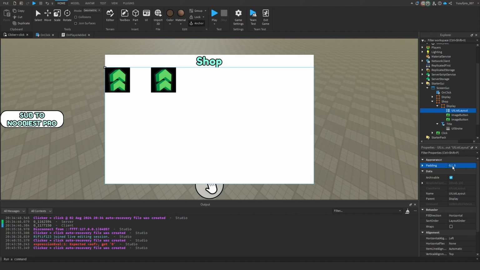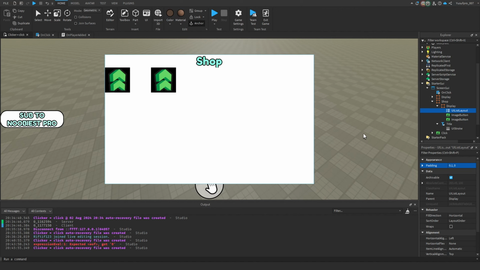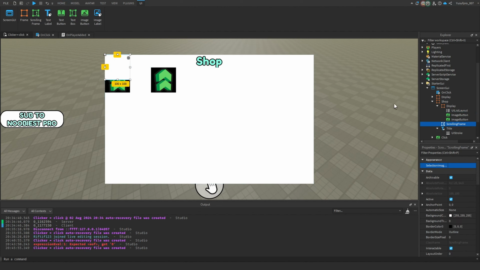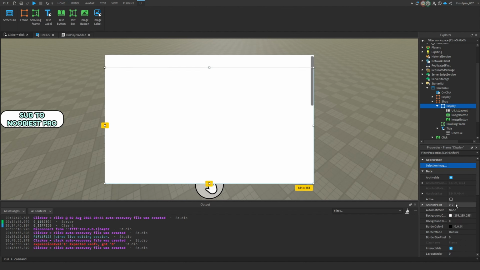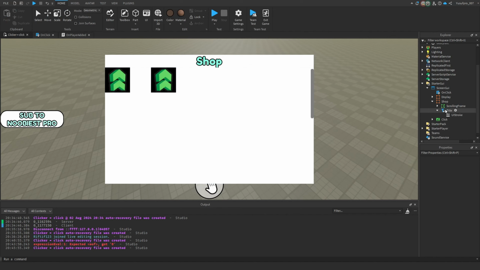You can use a frame for this, but if you're gonna have a lot of upgrades, what I highly suggest you do is, instead of using a normal frame, you use a scrolling frame. Oh, you see, this is why you don't listen to me. I'm just gonna Control C, Control V, all the information you have in the display. Move everything and rename the